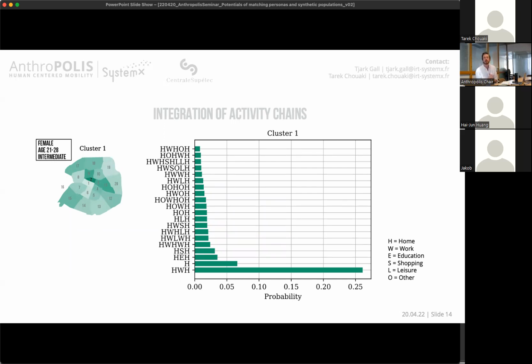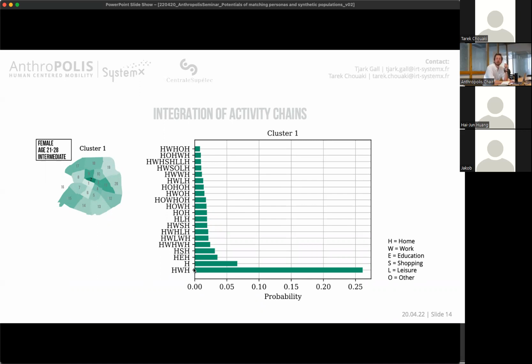But the idea behind activity chains more or less is for the agent-based simulations, that we have a lot of different agents based on the census, based on the travel survey and so on. And they have different routes throughout the day. So what you see here is for one of the clusters, which Flore was presenting before, the most common distribution of different activity chains. At the bottom, you see HWH, which means home, work, home. So this is for most clusters the most common activity, because, well, this is what we do.